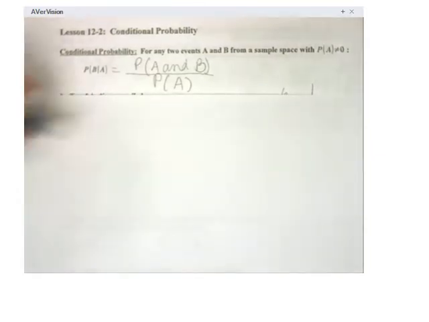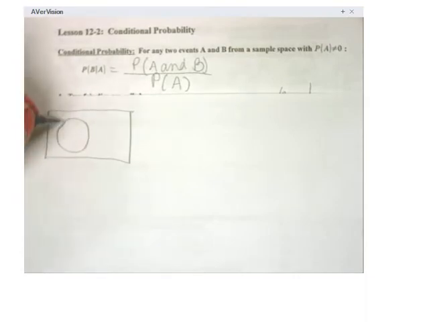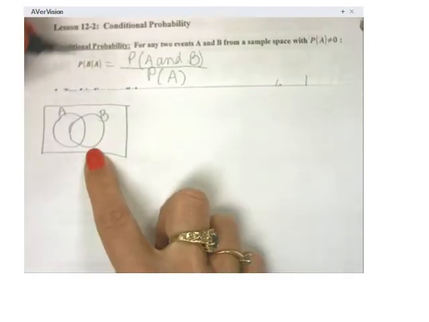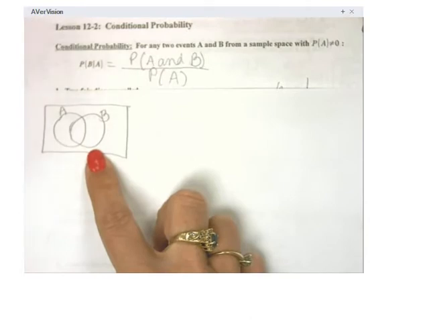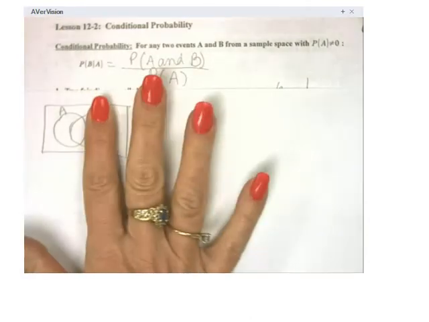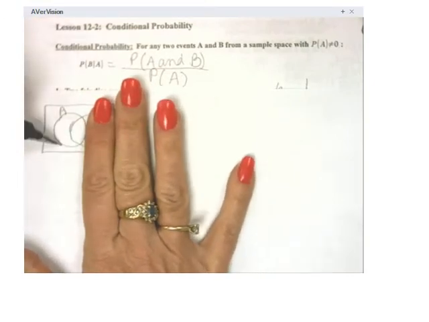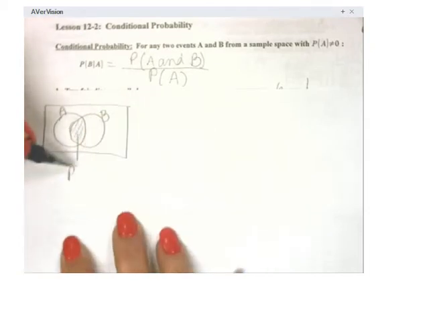And the idea is this: if I show you a little Venn diagram of what's happening, let's say this is event A and this is event B. And if we want to find the probability of B happening, given that we know A already occurred, it's like we look at this little Venn diagram circle. We know A occurred, and we want to find what part of A is B. So picture-wise, this little component here is the intersection of A and B,